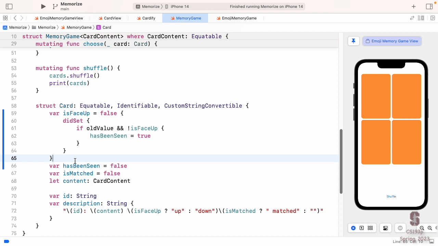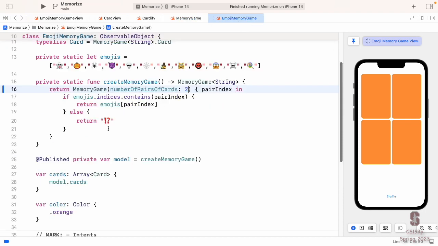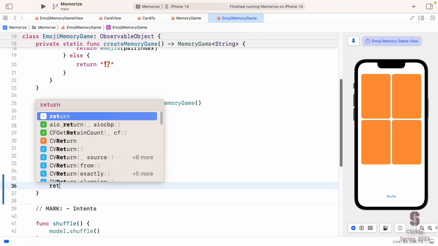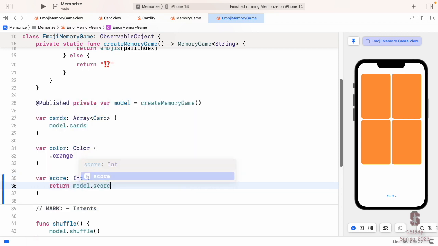And we're going to use this property observer, obviously, for the pie thing. I want to stop and start using bonus time as well. Now we just need to put the score in our UI. So we're going to bounce back here to our view model, expose this from our model to our view. Score is an int. We're going to return our model's score. And of course, it should do that.